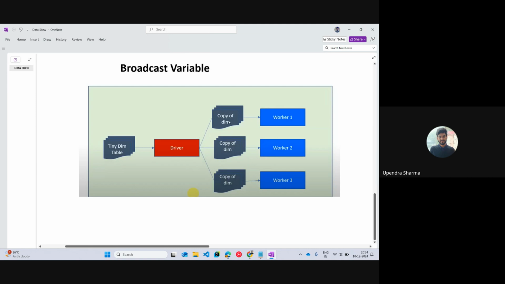So now what will happen? This smaller table will go to worker first. It will search that the table in which I need to join, is it present in worker 1? If it is there, then it will just join over there. If not, then this copy will go to worker 2. It will check over here also that is the table present in which I need to join. If it is present, then it will join, or else it will go to worker 3. And if the table is present, it will get joined over here.